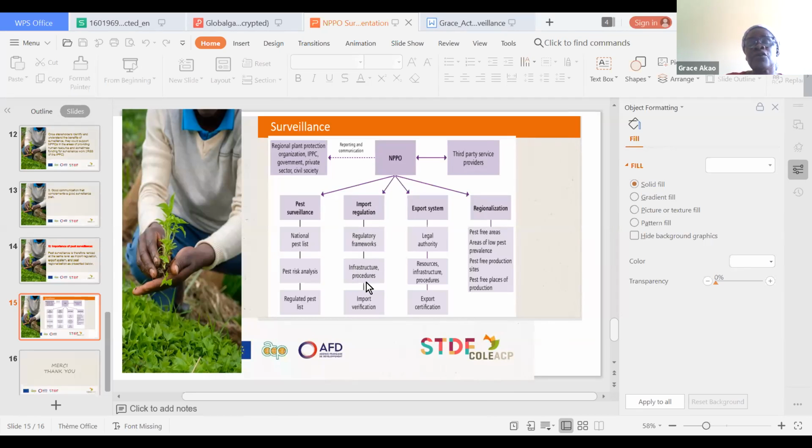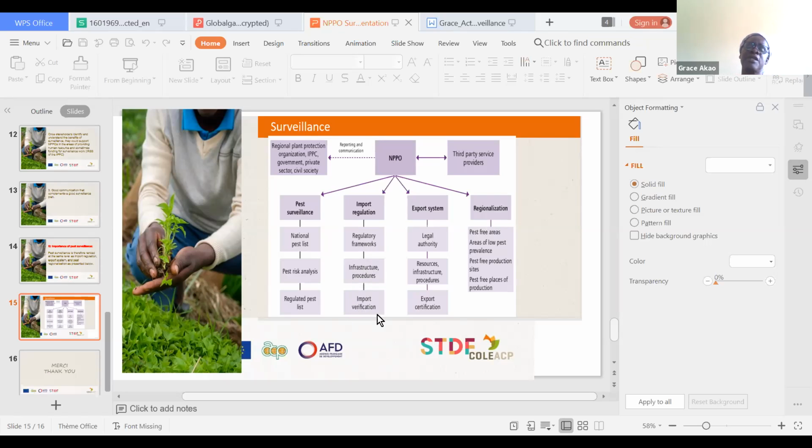Then the procedures, of course, the laboratory procedures, should be very well defined. You put in place a system that the scientific workers of the laboratories are able to follow, sometimes called quality management systems. So the infrastructure covers the laboratories, the equipment, the tools, and chemicals that help you do your work as an NPPO.